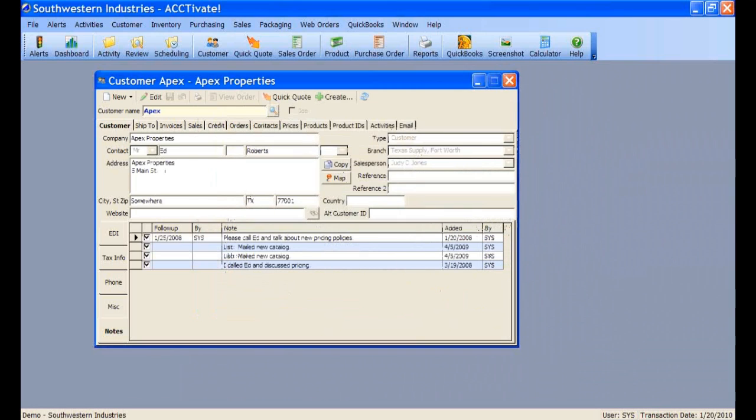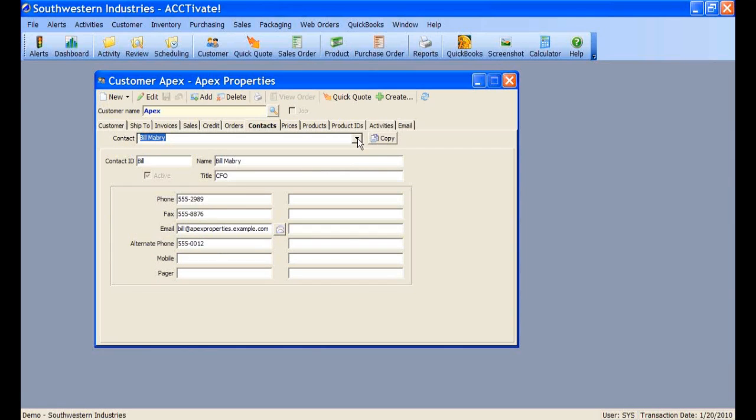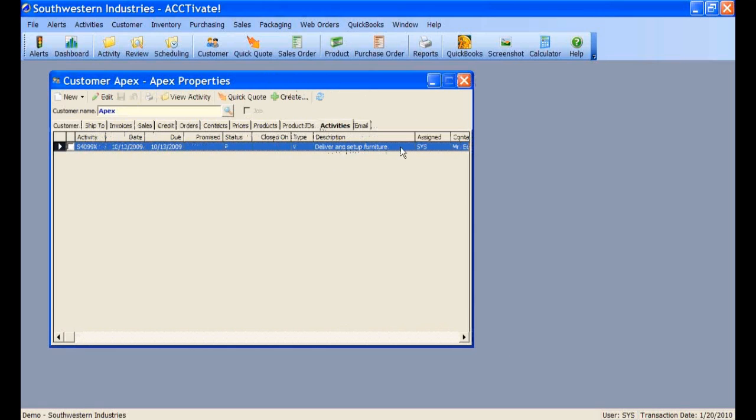Once we find our customer, we might check their address, confirm that we have their contact in the system, and then say, okay, well, how can I help you today? I'm calling in to find out about the shipment missing that I reported a couple days ago. I should then be able to go over to the Activities tab and find a shipment missing activity. I do not see one. I see one called Deliver and Set Up Furniture. This was that brief description that I had told you about earlier in the class, that you wanted to be able to see this very quickly. You can then determine we need to create a new activity